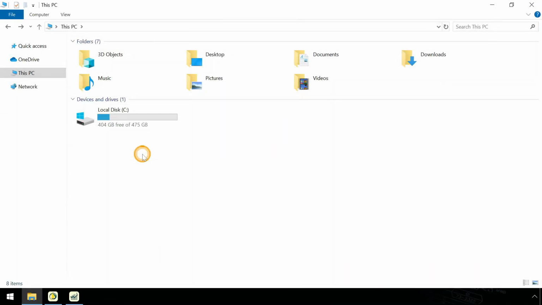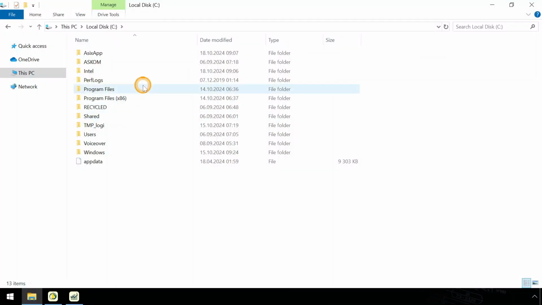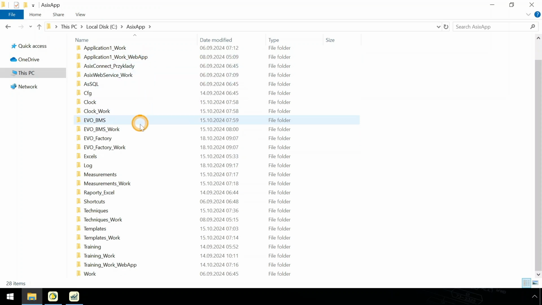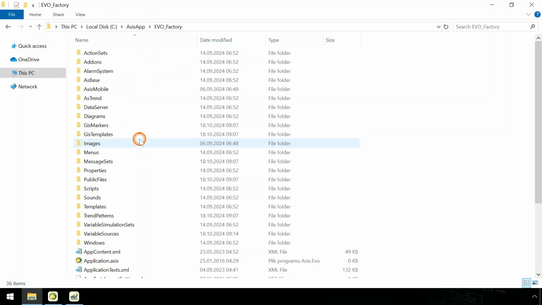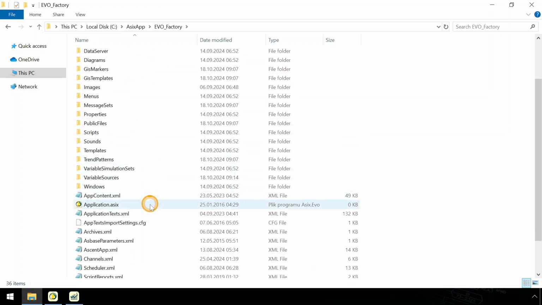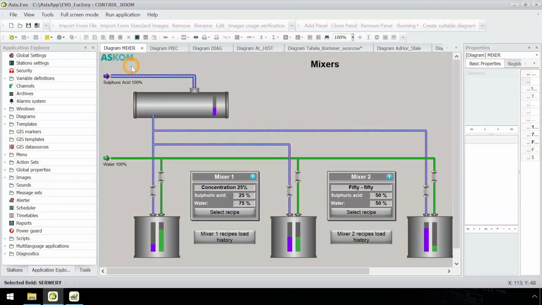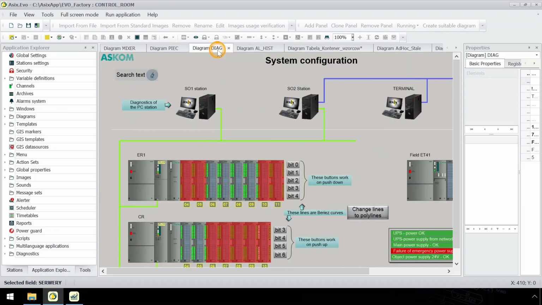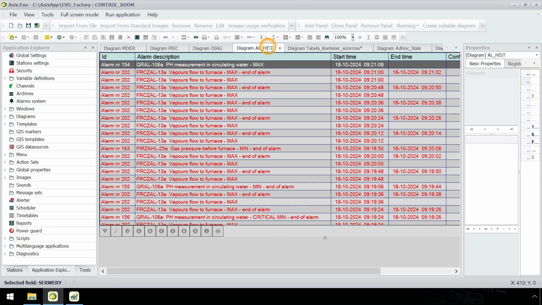To explore a bonus sample project, navigate to your local disk, locate the folder Asix app. Find the project's folder evo_factory. Open the project by clicking on Application, Asix. Explore new diagrams such as Mixer, Furnace, Diagnostic, Historical Alarm Table,